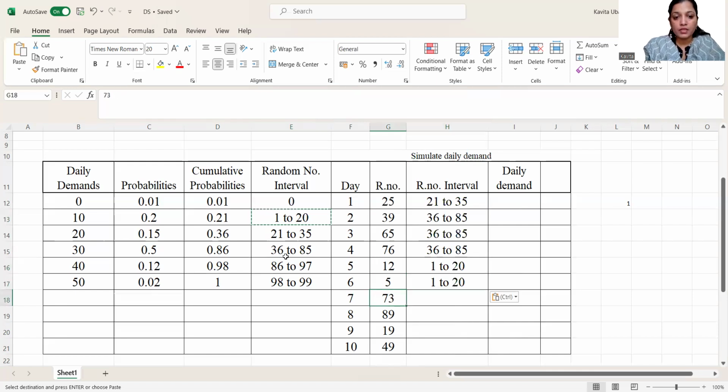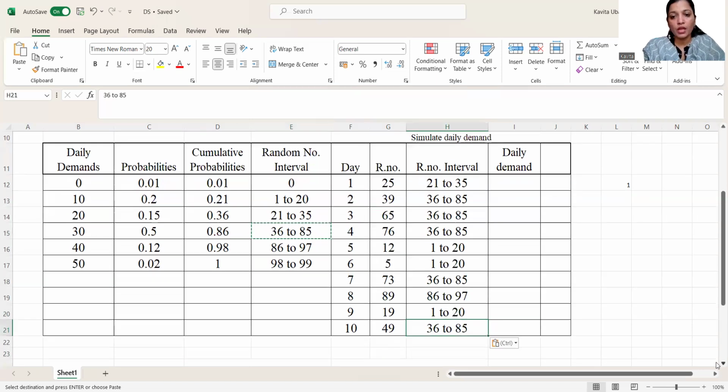Then 73 is a random number provided to you. So 73 will come under 36 to 85. Then 89 will be in 86 to 97. Then 19 will come under 1 to 20. So this is the way we can calculate our random number intervals. If you have done that, then you can easily simulate the demand for the future. It is not a difficult task to simulate demand if you are able to find your random number